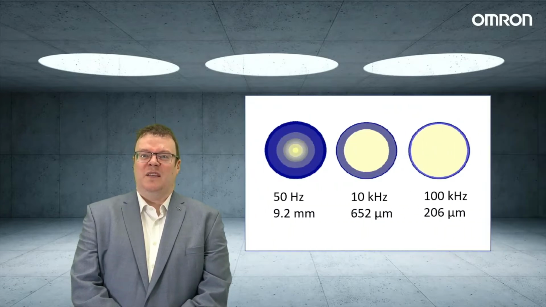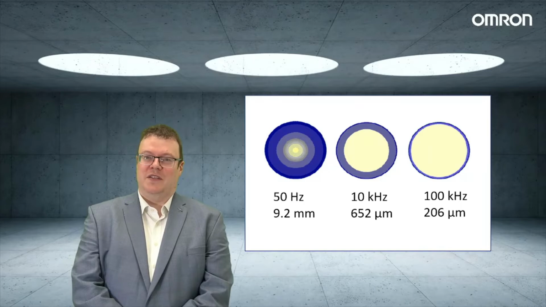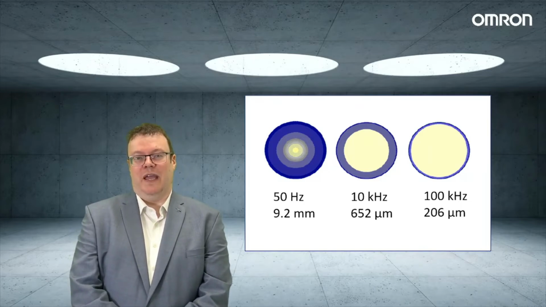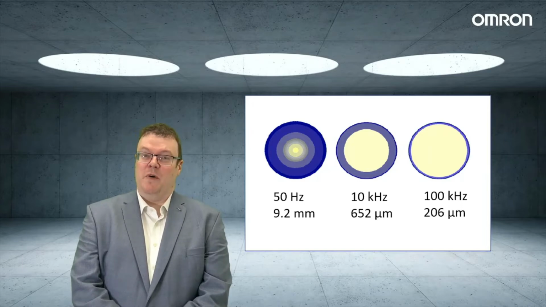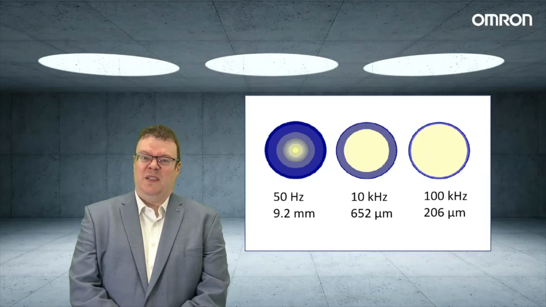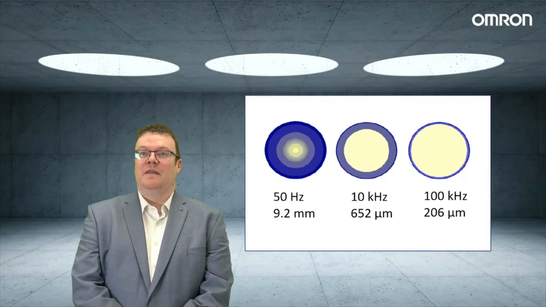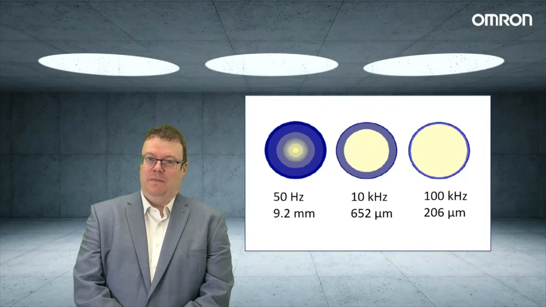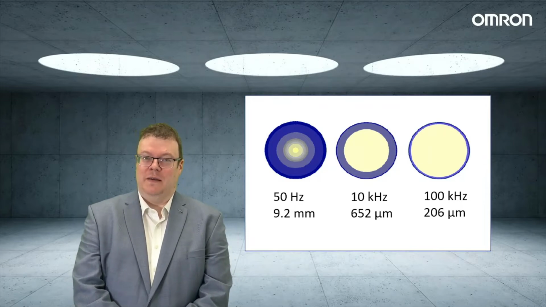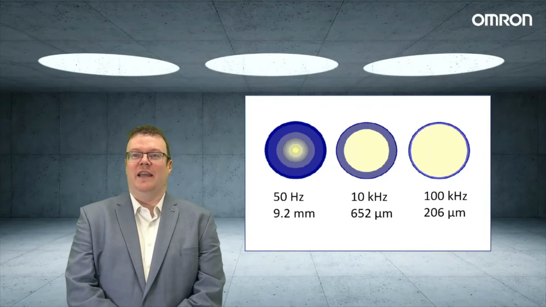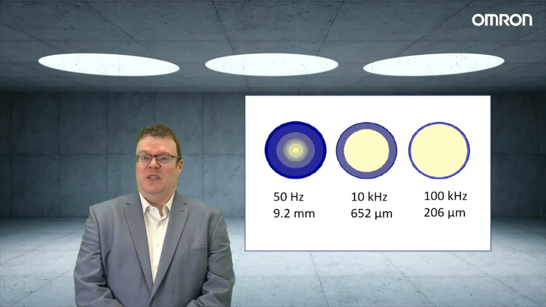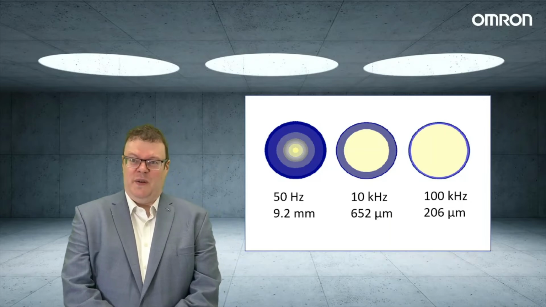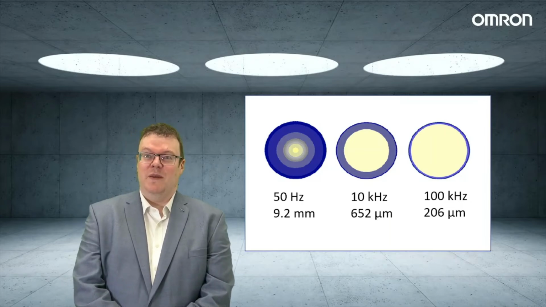So, essentially, the higher the frequency, the more pronounced the skin effect is. The other thing that can affect skin effect is actually the material the cable is made of. So in the case of copper, for example, here, at 50 Hz, i.e. what we'd have for mains, the skin effect is 9.2 millimeters. So for anything up to about an 80mm cable, you don't really have to worry at all about skin effect. At higher frequencies, such as 10 kHz, that skin effect is reduced down to essentially 652 microns. And when we start looking at very high frequencies, like 100 kHz, you may only be using 200 microns of the cable itself.